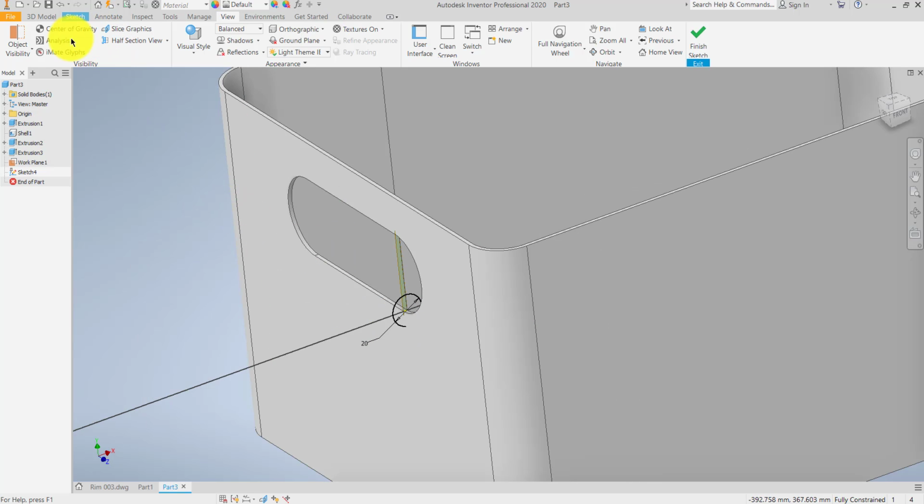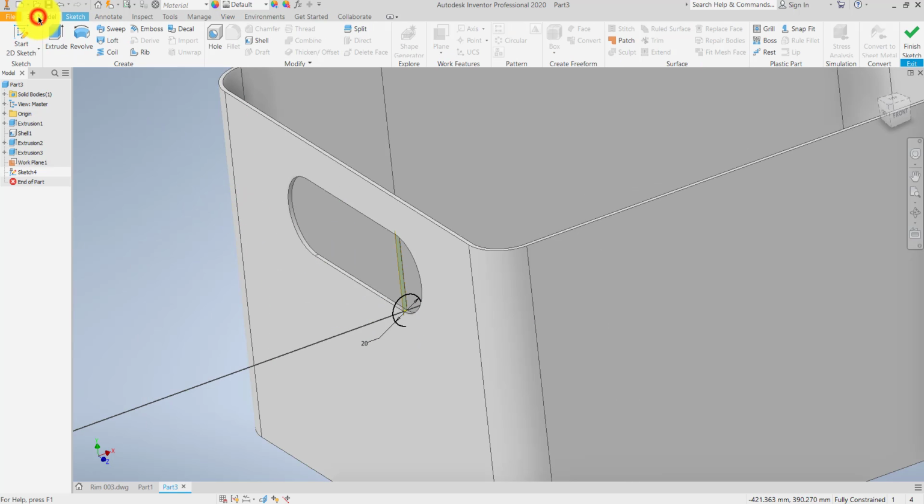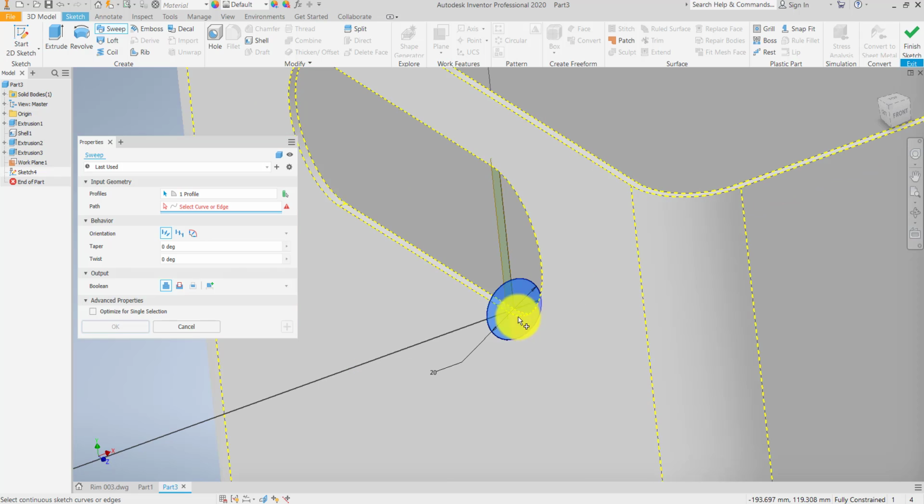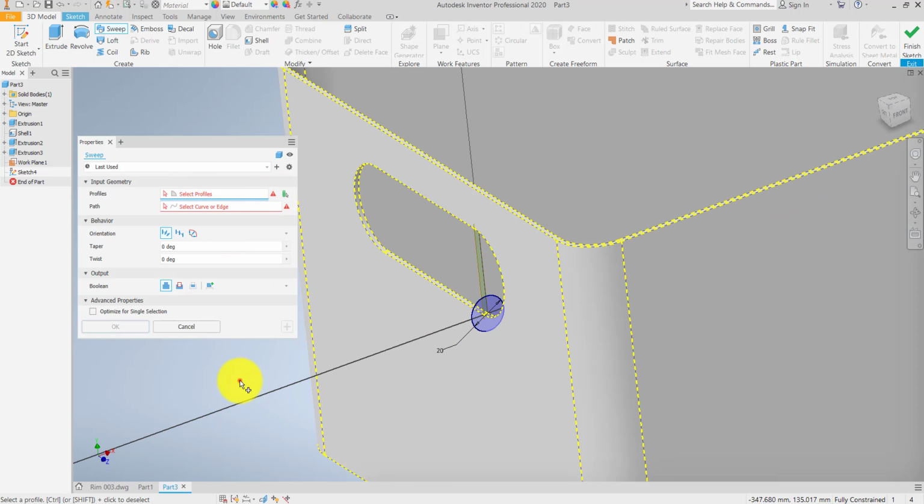And this time what we are going to do is go to 3D model and use the sweep tool. What sweep does is, the profile is already being picked up for you, so you could delete that profile. If it doesn't pick up straight, you could come in, say profile, and can you see there's a blue line underneath? It means I've selected the profile, so it knows that's what I'm looking for,